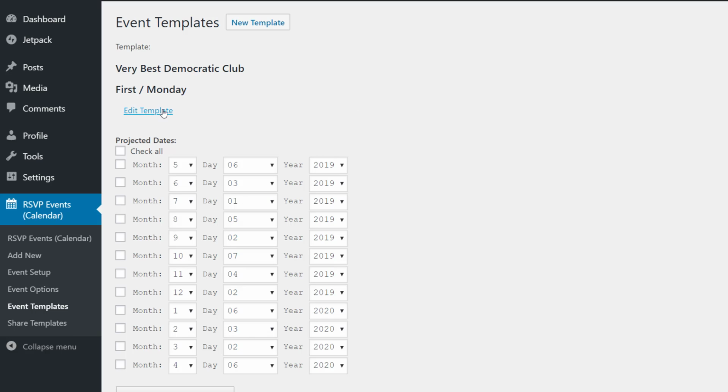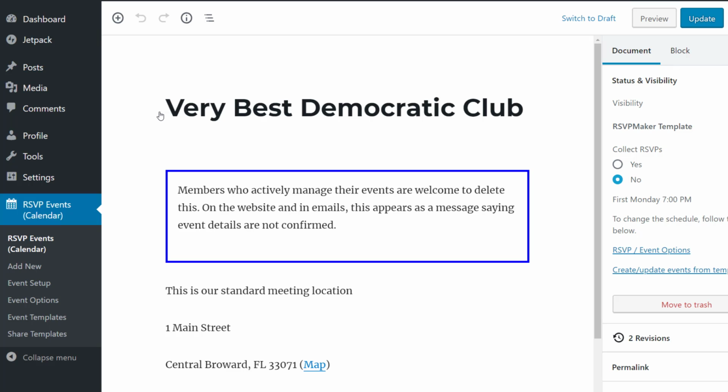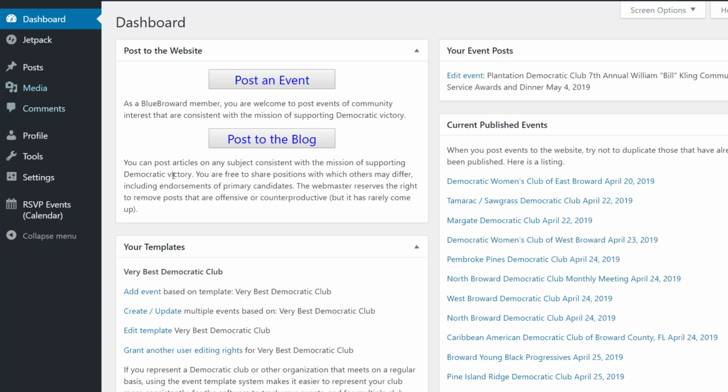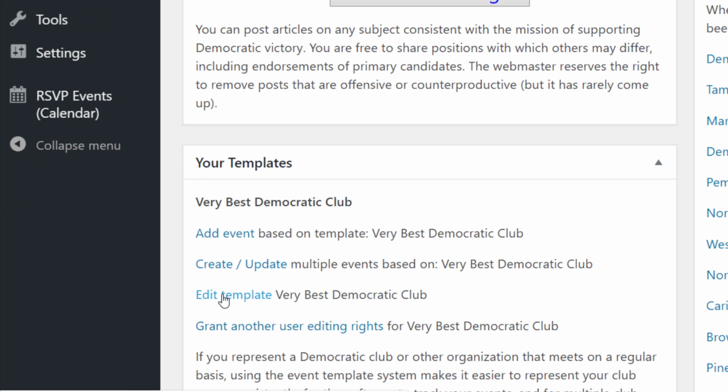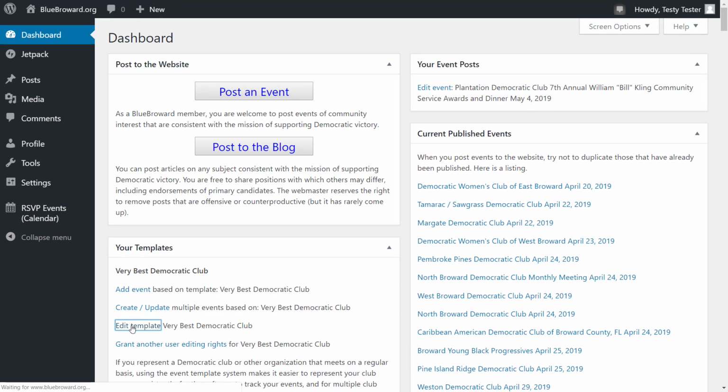But let's first of all go back and we're going to edit the template. So we can click here to edit the template. I'm going to explain what we're seeing on the screen a little bit more in a minute. But if I went back to this main dashboard screen, we'll see that down here under Add Event, Create Update, we have this option to edit the template as well. So if I go to Edit Template,